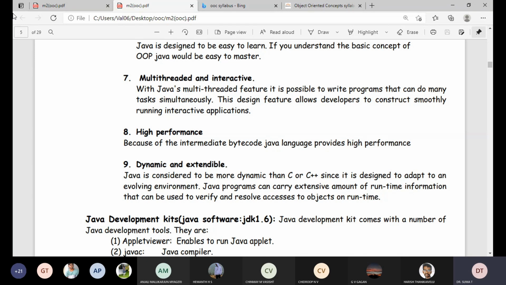Dynamic means many problems which come across during the execution of programs are going to be solved using Java, right? So that is why it is more